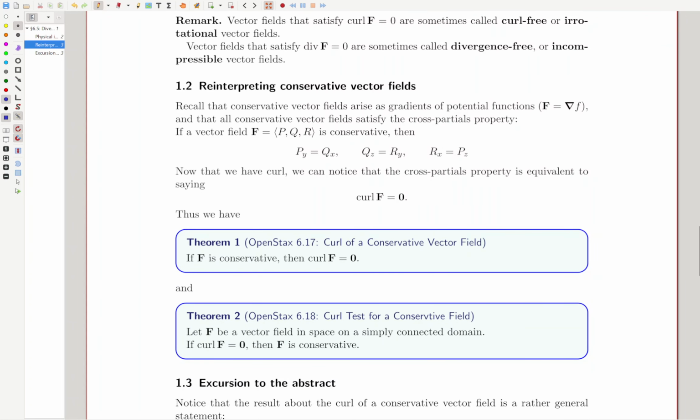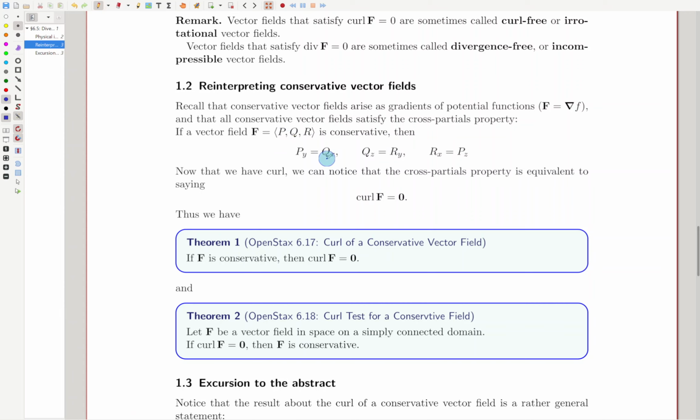Right. So now that we have these operations, divergence and curl, we can reinterpret what we've discussed about conservative vector fields. So first, let's recall that conservative vector fields are vector fields where they are the gradient of some potential function, little f. So all conservative vector fields are coming from gradients of potential functions. And also, we know by Clairaut's theorem that the conservative vector fields satisfy this cross partials property. So if f is the vector field given by functions p, q, and r, then the cross partials property says